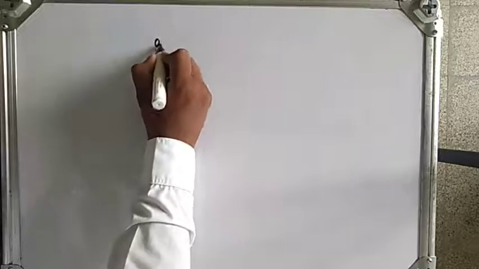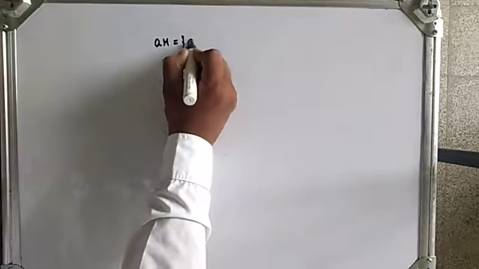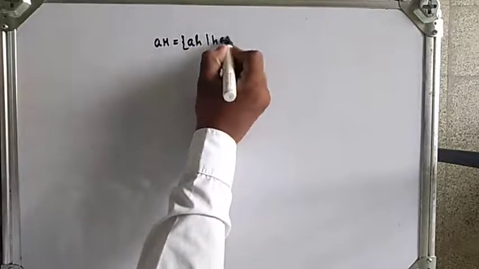Hello students, in the previous lecture we have seen cosets. So what is meant by a coset? If H is a subgroup of G, then the subsets aH and Ha are the left and right cosets containing a. So aH is equal to a·h such that h belongs to capital H. So what is a left coset? aH is equal to a·h such that h belongs to H.